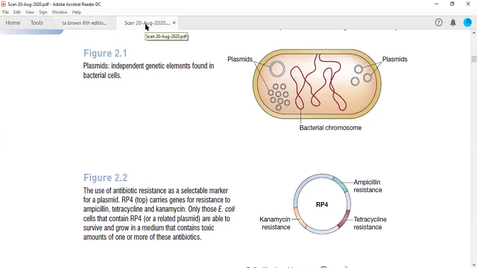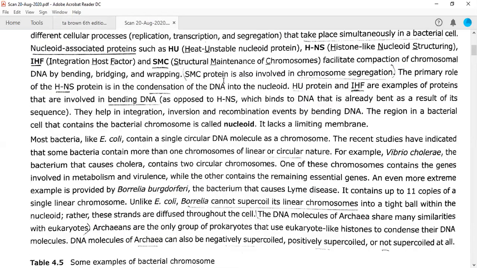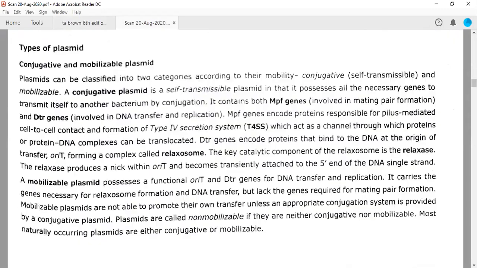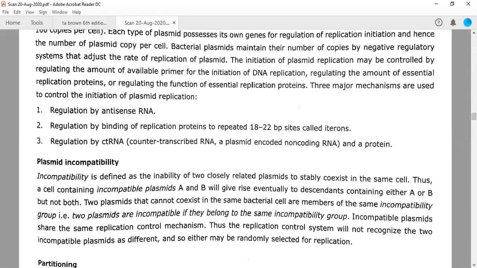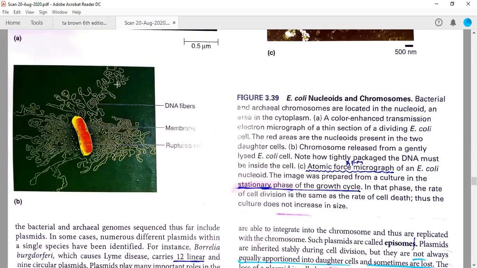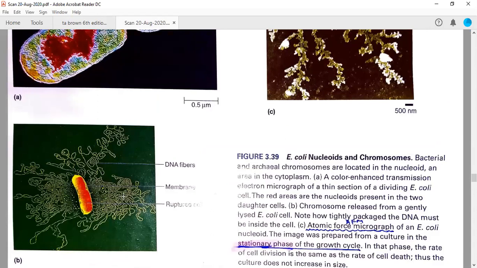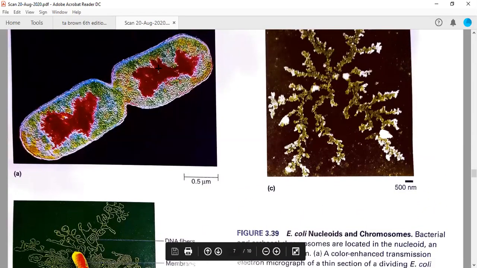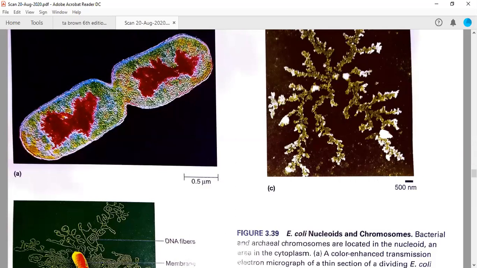Here is another diagram I was searching for. See this, for example. This is a lysed bacterial cell, so the chromosome, the chromatin material, whatever you call it, the nucleoid region or the DNA, will come out. If you stain a bacterial cell, this is a dividing bacteria, not fully divided. You can see two bacterial cells which are not separated, but they are going to separate and make individual bacterial cells.